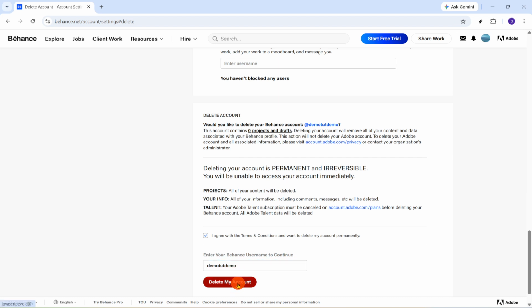As a helpful tip, if your Behance profile contains projects, saved work, or portfolio pieces you may want later, consider reviewing or backing them up before completing deletion. Once the account is removed, you may lose access to that content,